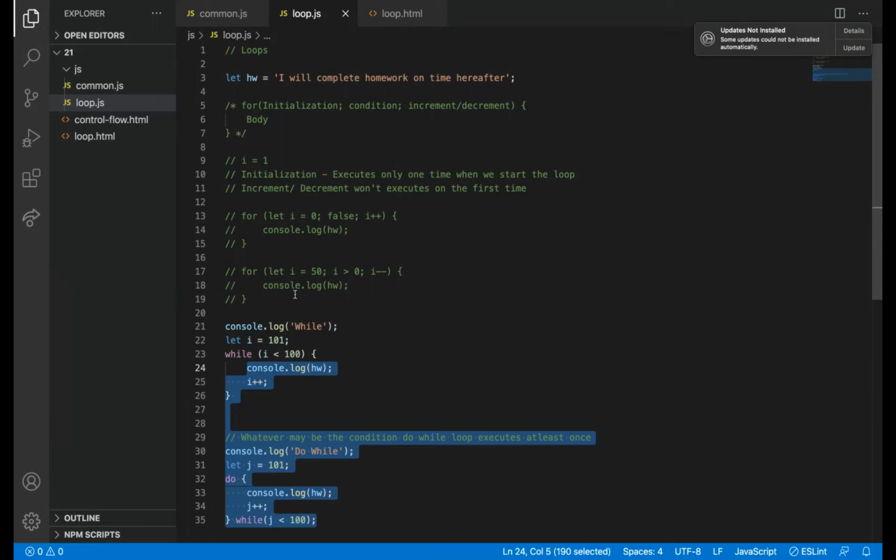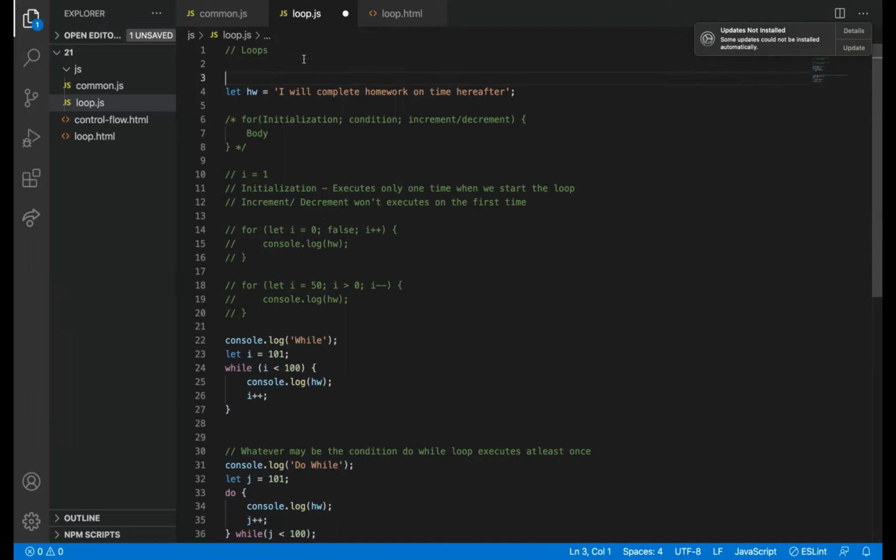I don't want to think much into it. Just when we are going for loops, when we want to repeat some actions based on condition, we will use loops.